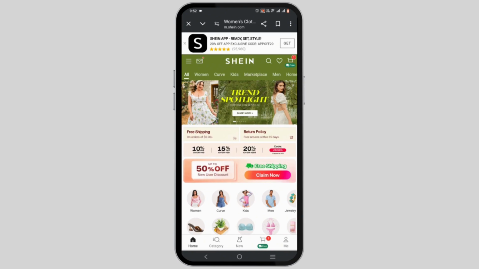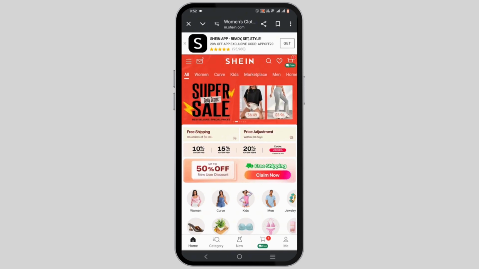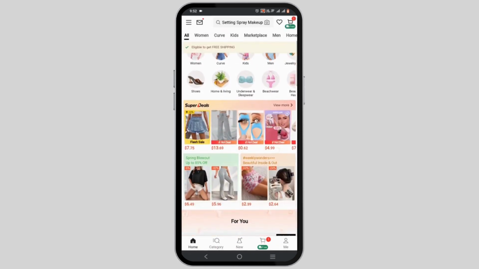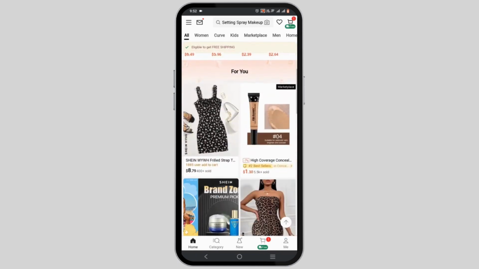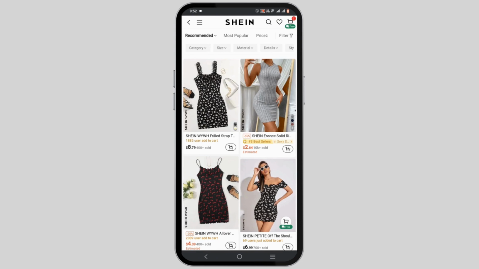To add or remove your credit or debit card on Shein, go ahead and log in to your Shein account. You can do this via your Shein application or just visit the Shein website. Once you are logged in, to add or remove your credit or debit card, first and foremost select an